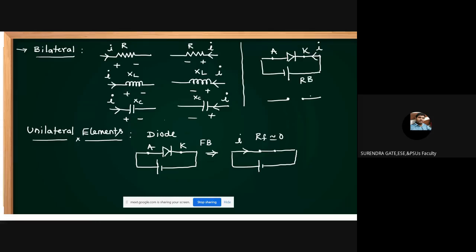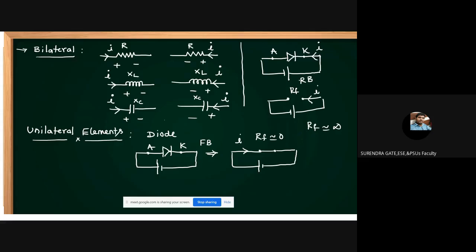Under reverse bias condition, this is the direction of current. That means if the current is reversed, is the resistance offered by this diode the same? Is it 0 now? No. Ideally, its value is infinity. But practically, it offers very high resistance in the range of kilo ohms to mega ohms. In the forward direction, the resistance is very small, depending on the type of diode we are using, perhaps 5 ohms or 10 ohms. That is the body resistance of the diode.